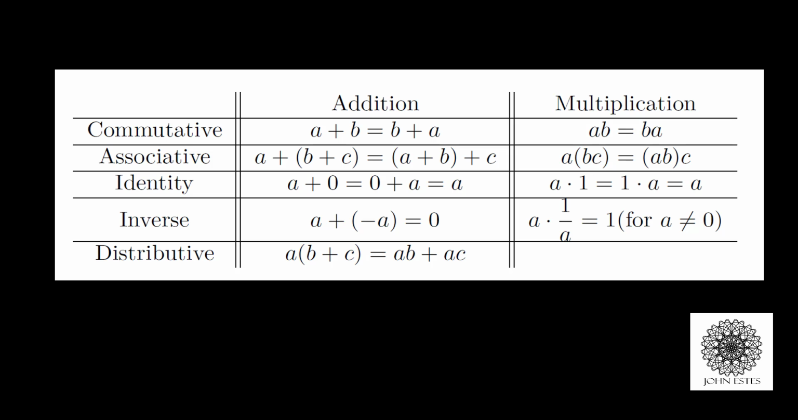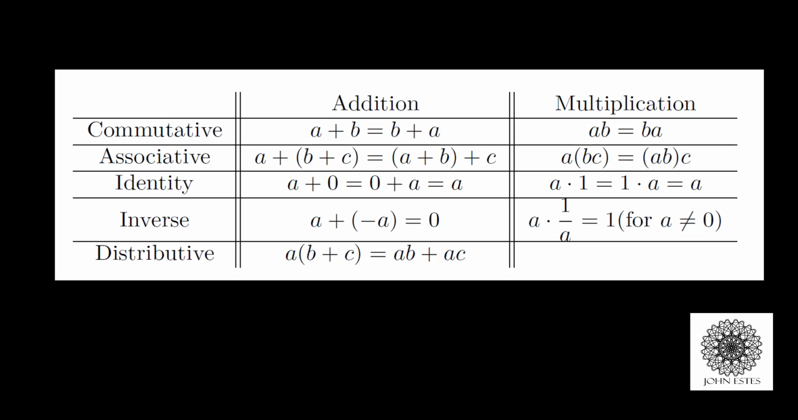Then we have the identities. The additive identity is 0, meaning that a plus 0 and 0 plus a are the same thing. They're just a. So if you add 0, you don't add anything. And if I multiply by 1, then I haven't grown any. So a times 1 is the same as 1 times a, and that's the same as a, and that's true